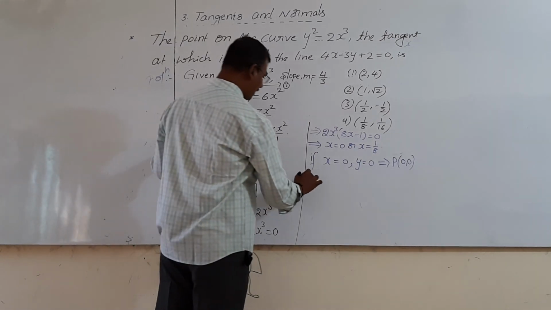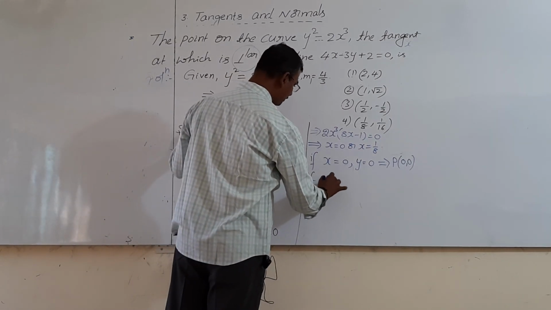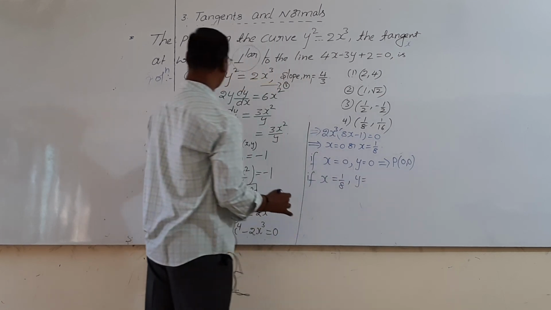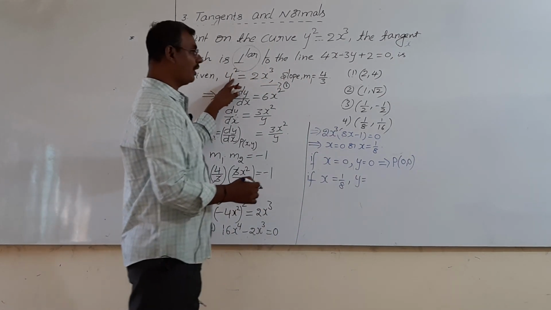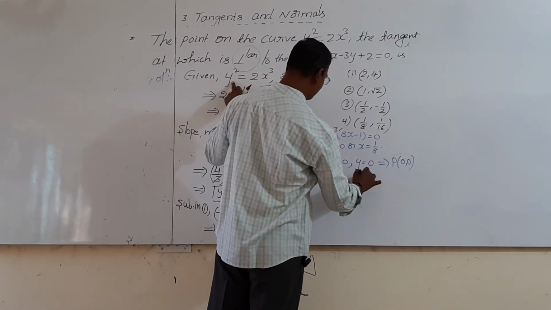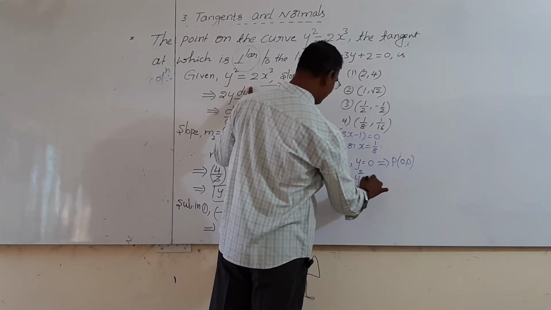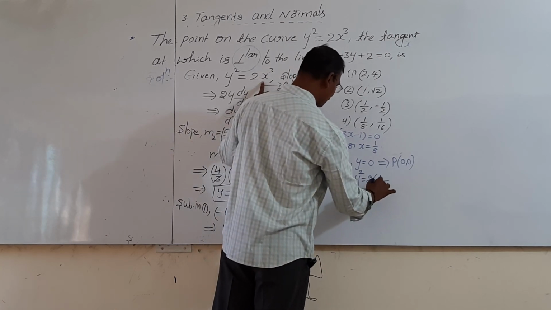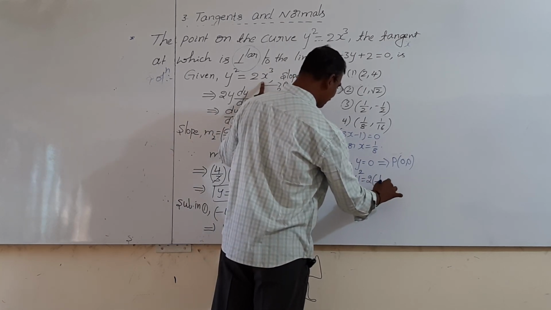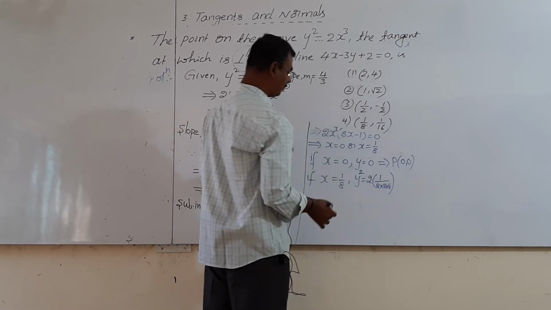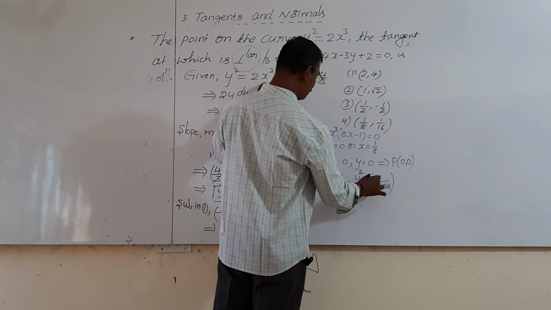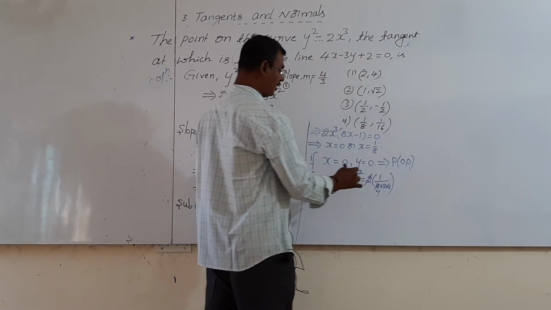Second condition, if x is equal to 1 by 8, what is the y value? Substitute here. y square is equal to 2 times 1 by 8 whole cube. That is 1 by 8 into 8 into 8. Here 2 ones are 2, 2 fours are 8, cancelled. So this becomes